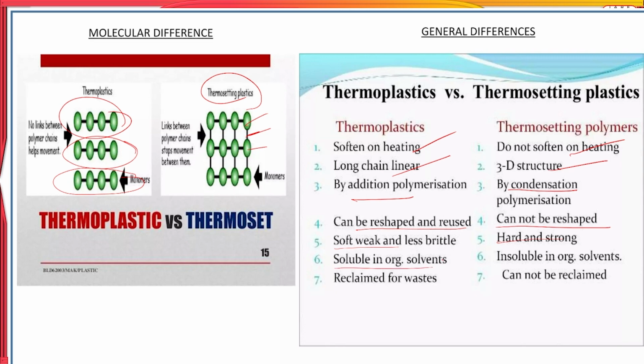Thermoplastics are soluble in some organic solvents, whereas thermosetting plastics are not soluble in organic solvents. In case of thermoplastics, it can be reclaimed from wastes, whereas in case of thermosetting plastics, it cannot be reclaimed. So, these are the major differences between the thermosetting and thermoplastic